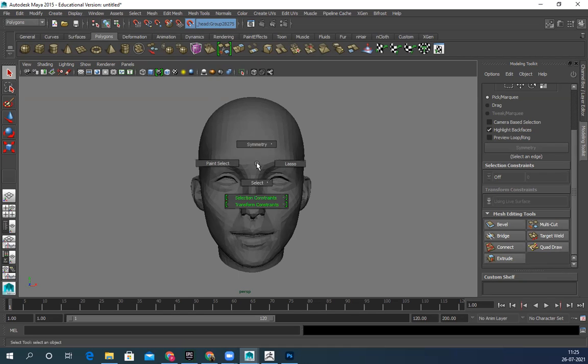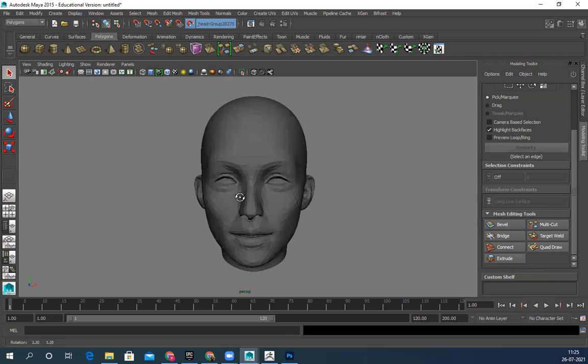You can see the symmetry option now. Move your mouse up, then again up. You can see we have world symmetry, topology symmetry, object symmetry, Z, Y, X. By default, X symmetry, we're going to use X symmetry. Just move to symmetry and it's on. See, it's on, leave it. So now your symmetry is on.